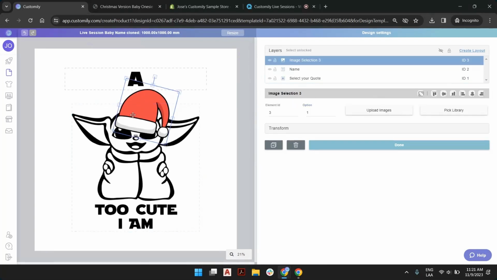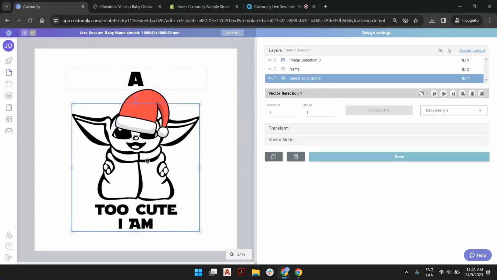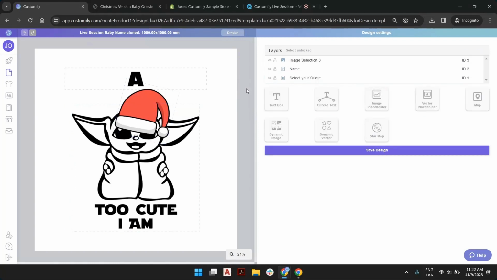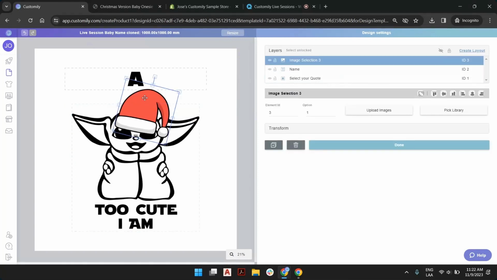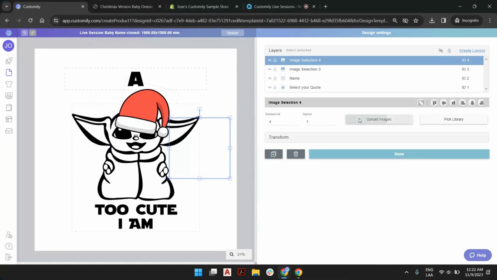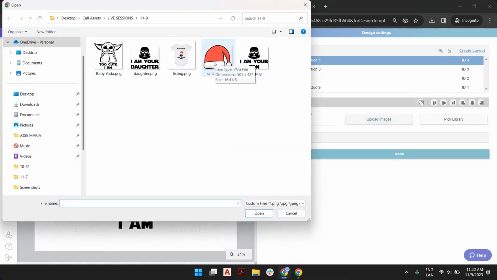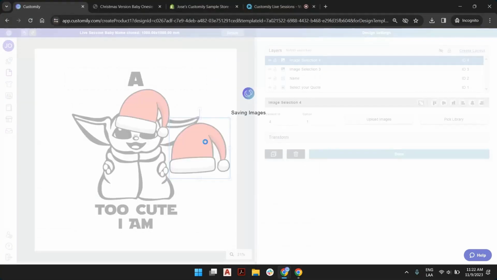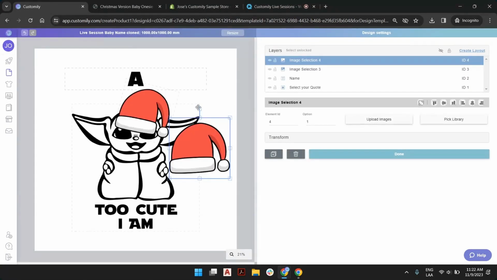This is not properly fitting. So we need another image that will be bigger and fitting into this in a particular way. Otherwise, it's not going to look nice. So we need to create another version and make sure they don't show at the same time. Meaning that if I create a new dynamic image, I put the hat, I upload the hat, and I make sure it's big,